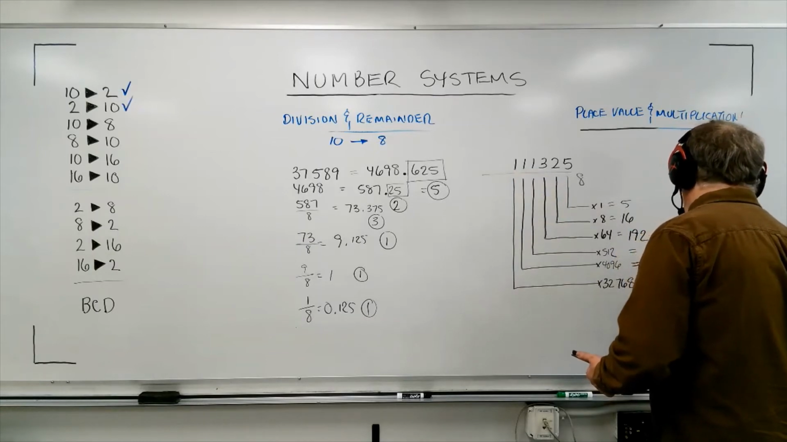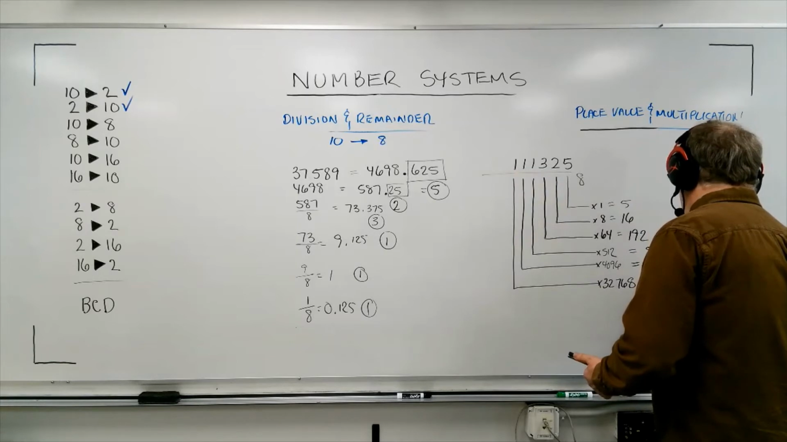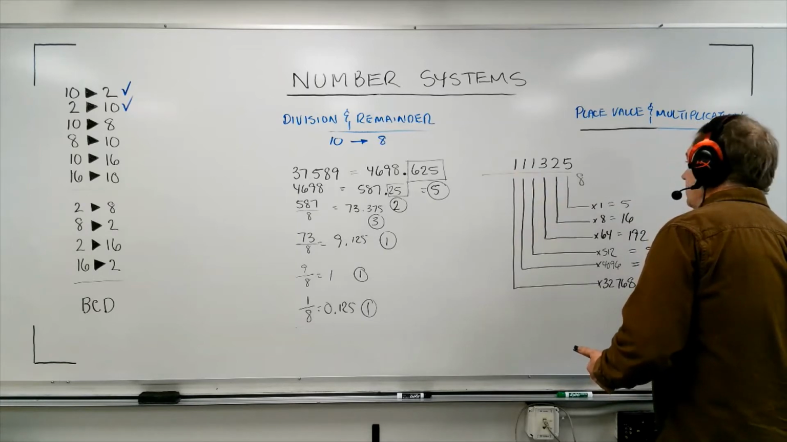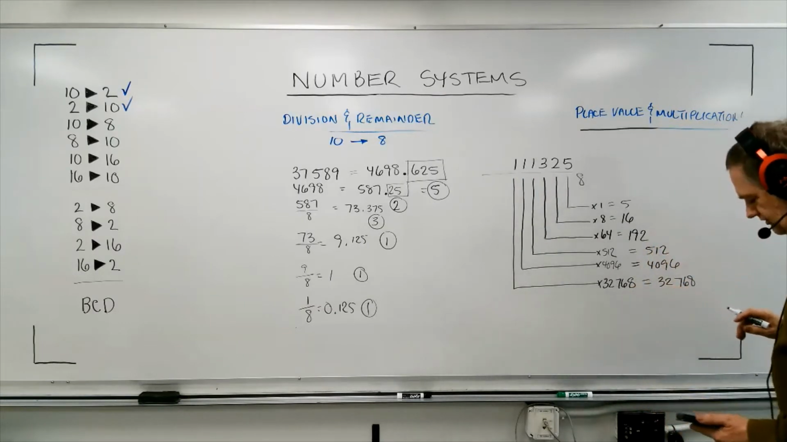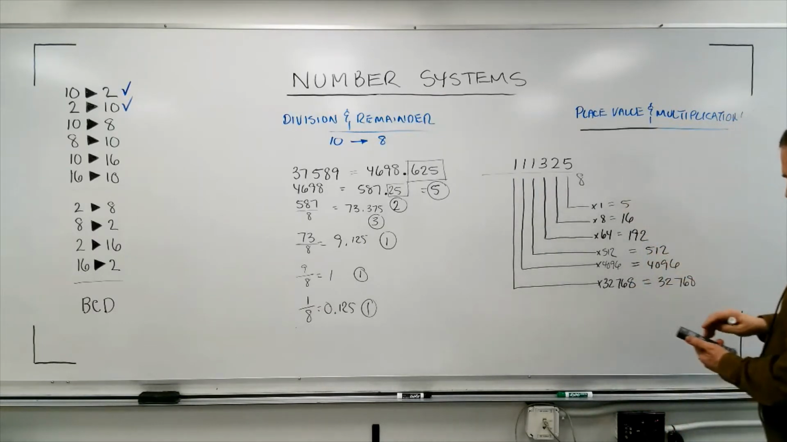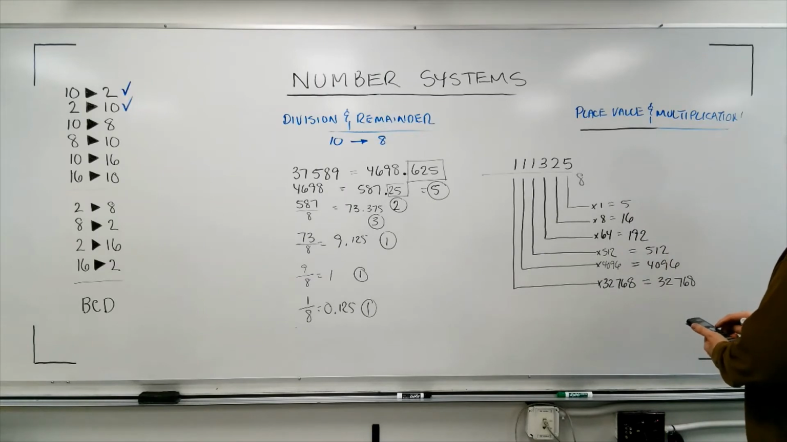So this is 4096, and this is 32,768. Now what I'm going to do is I'm going to carefully add these numbers up. And so I've got 32,768 plus 4096 plus 512 plus 192 plus 16 plus 5 equals,